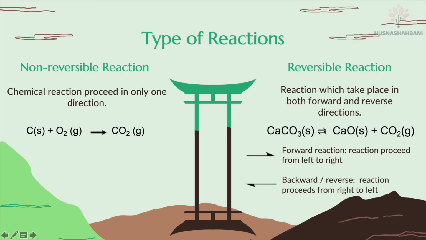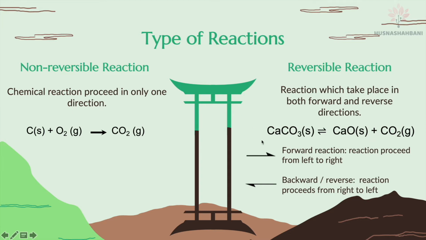The top arrow, a half-headed arrow, means a forward reaction. The reaction proceeds from left to right, from reactant to the product. The bottom arrow, a half-headed arrow, means a backward or reverse reaction. The reaction proceeds from right to left, from products to